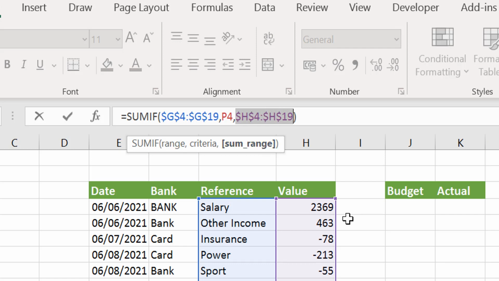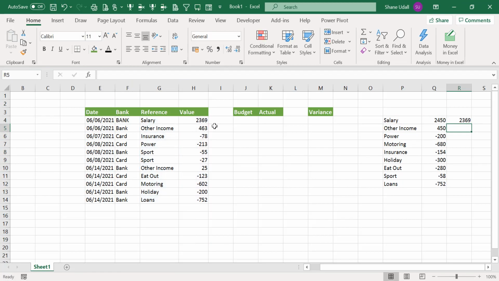Do the same for the text H4 through to H19 and now press return. With the range coordinates now correctly fixed, copy down the formula in cell R4 through to cell R12. Note that these are cumulative totals. So, for instance, the value of sport has added up both the transaction lines in the data table that contain